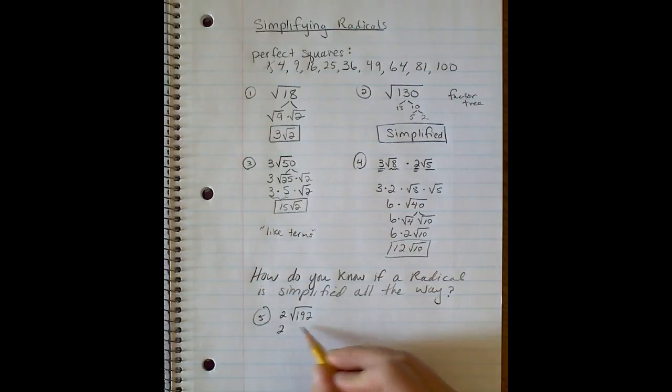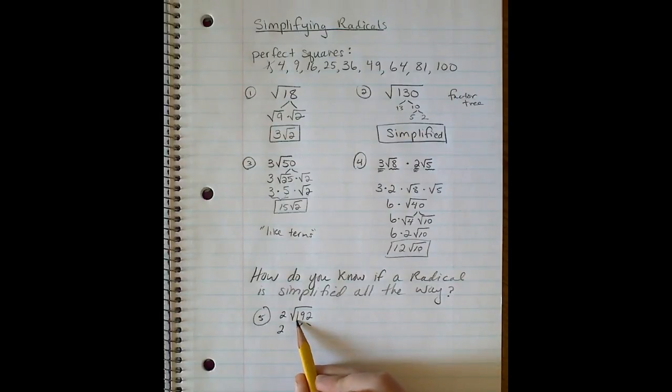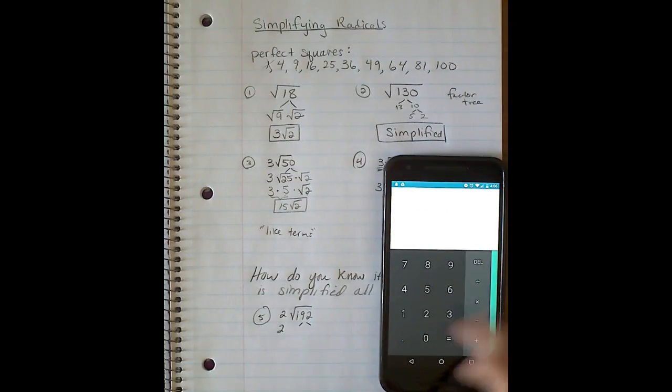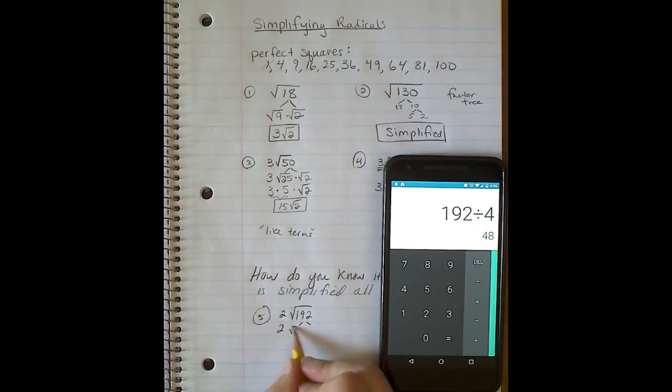So we're going to carry down the 2, and right away I notice the sum of these numbers, 1 plus 9 plus 2, gives me 12, which is a factor of 4. So I'm going to test this to see if 4 goes into this number. You can use a calculator if you're unsure. So 192 divided by 4 gives me 48. So I'm going to split this up,